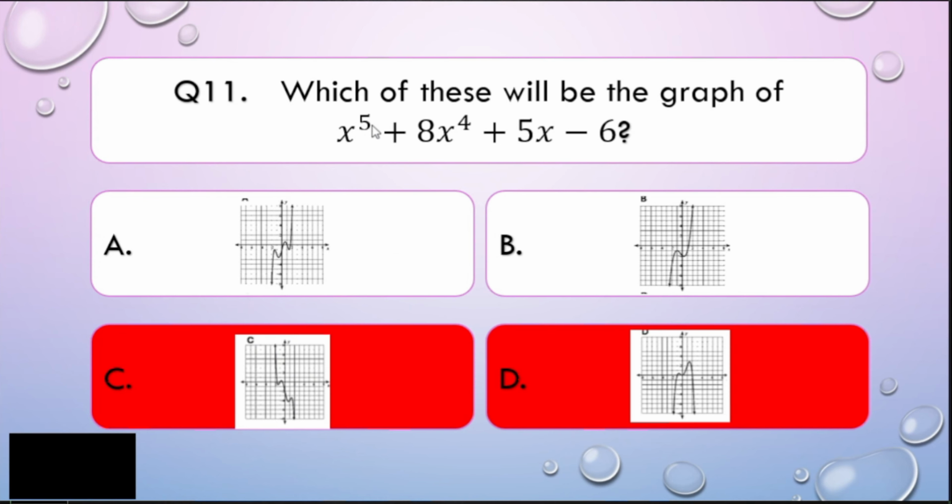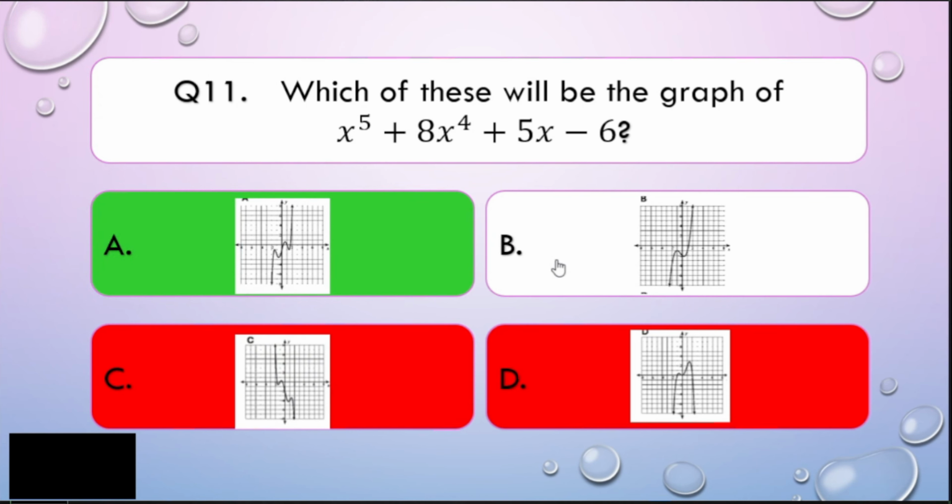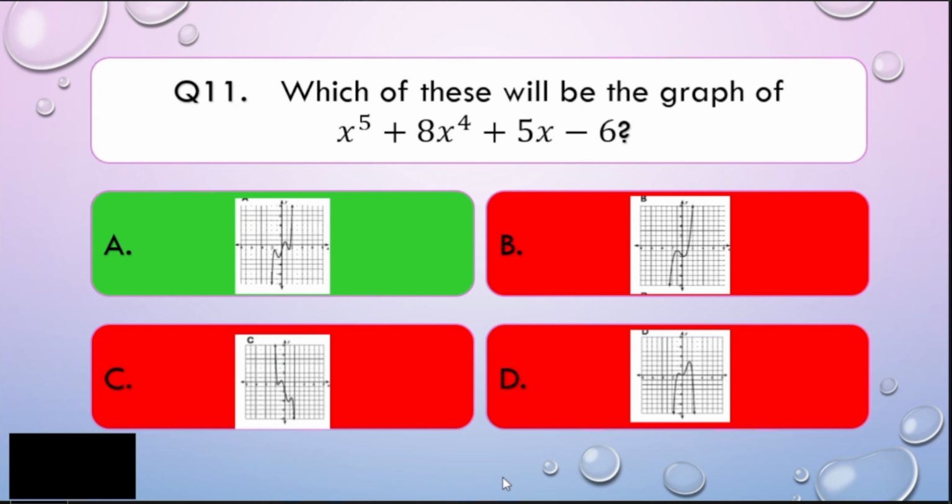Now, my dear math learners, let us now consider our exponent, which is the degree. It is 5. Now, the turning points, as what I have earlier said in the previous questions, the turning point is attained when you subtract the degree minus 1. So that is n minus 1. So therefore, the graph should have at most 4 turning points. So there are 1, 2, 3, 4. Right. So this has 1, 2. So letter B has only 2 turning points. How about letter A? 1, 2, 3, 4. So basically, my dear math learners, the correct answer is letter A. Alright. Easy, right? Very easy, my dear math learners. Now let us go to question number 12.